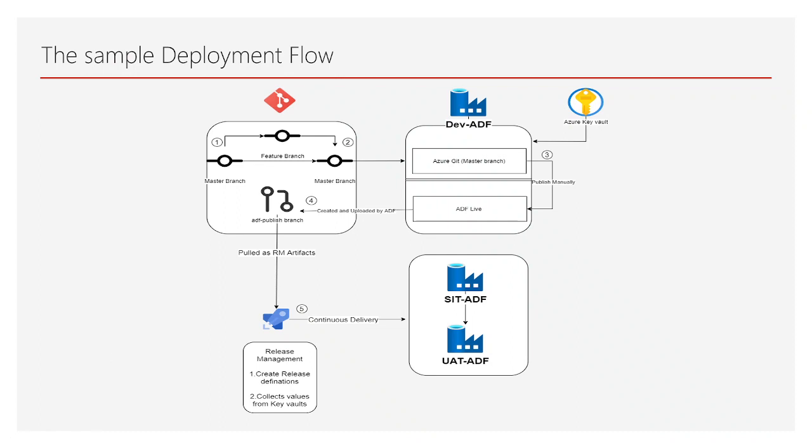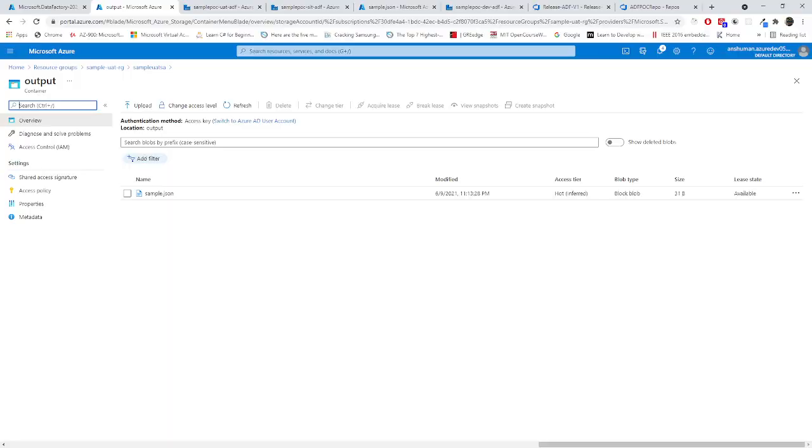Right now, we have only one small task left. I just want to show you, if something has to be changed, what needs to be done? For that, I'm deleting these output files here. I'll show it in the UAT environment so that you understand these things also happen in the other environments. So I am deleting the output container files in the UAT environment.